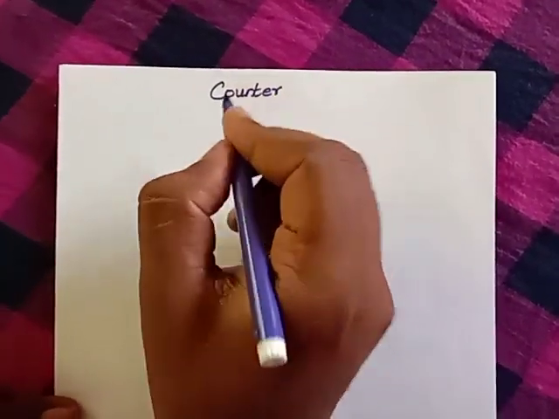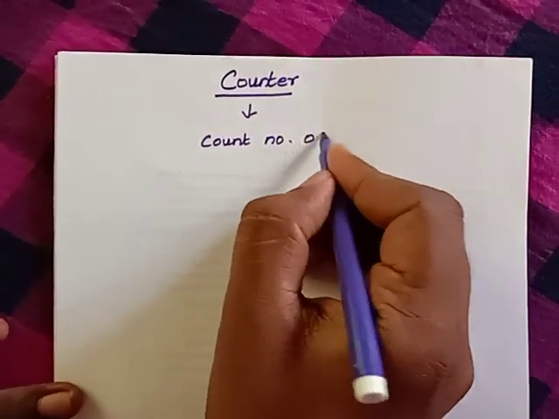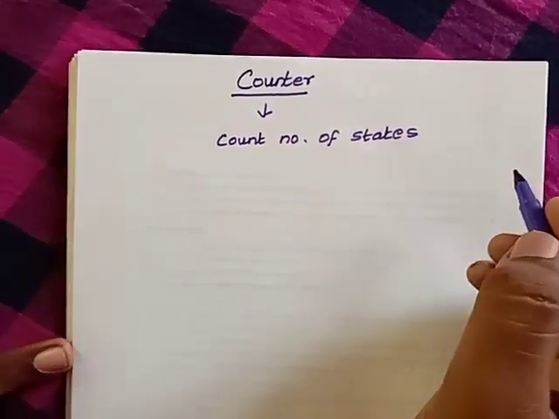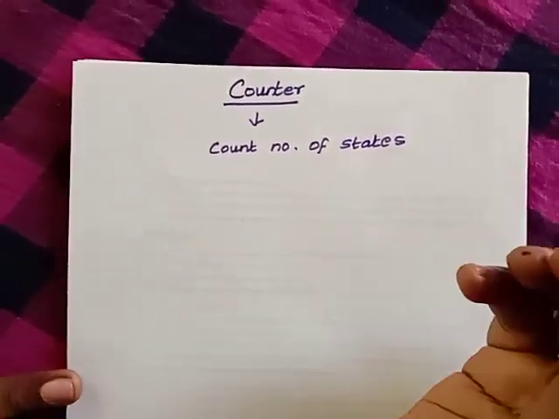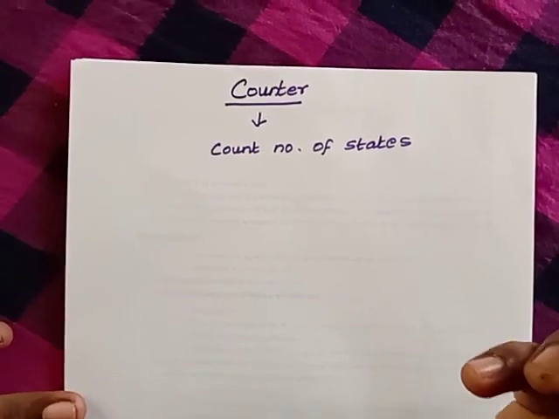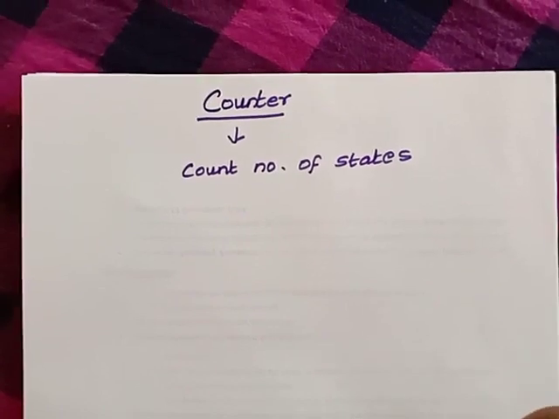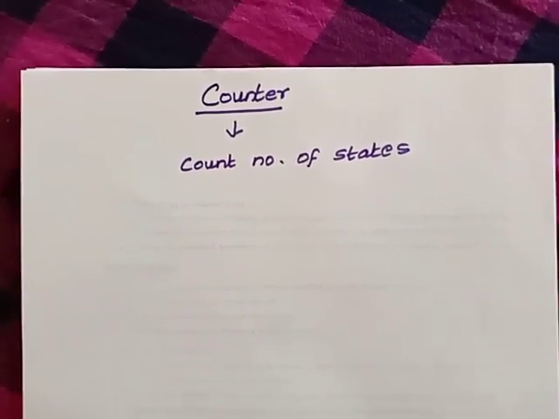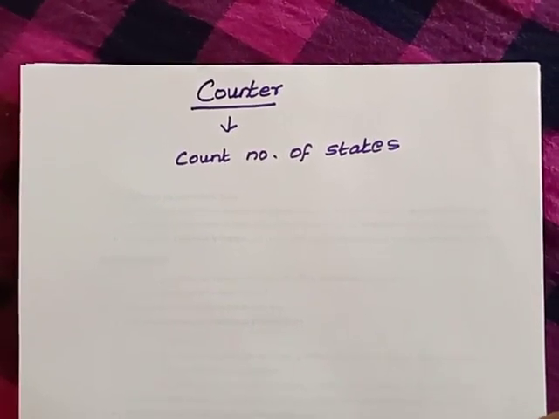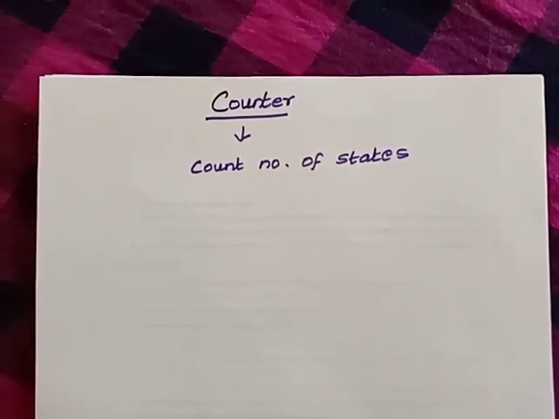Basically, a counter is a circuit which is used to count number of states. You have seen in all your digital applications, a counter will be present somewhere or other. For example, if you go traveling in an elevator, there is one counter which is going to count the number of floors or levels you are crossing. So there you require a counter. You are setting an alarm in your mobile phone for getting up in the morning. There you are indirectly using a counter. So a counter is present everywhere. So basically it is used to count number of states.